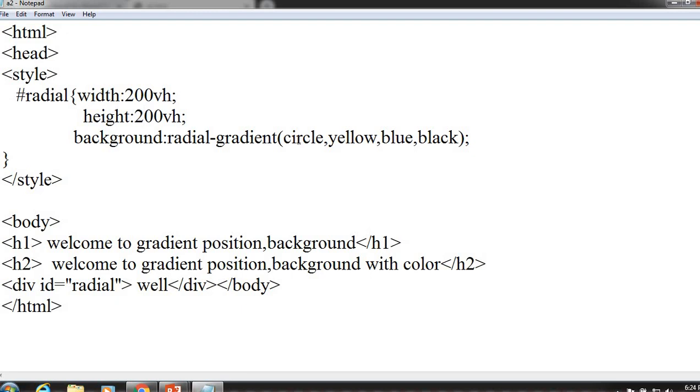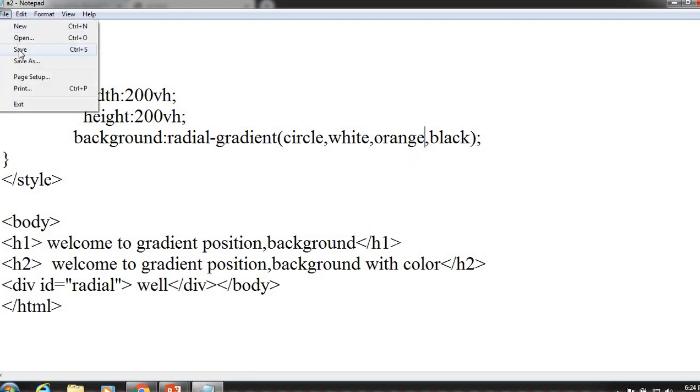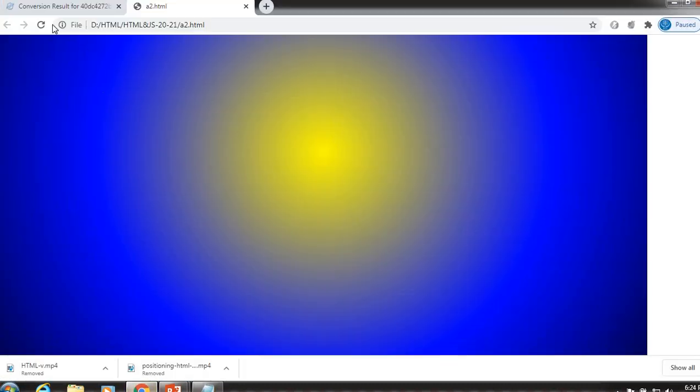I will take white here, it will look better. Then we can have orange and black. So this is a variation we may have.